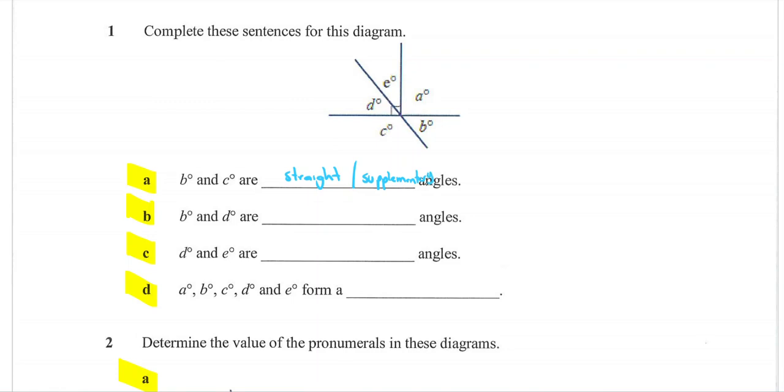B and D. B and D. No, not alternate, Ola. Nope. Vertically opposite. Who said that? Good job, Josh. So vertically